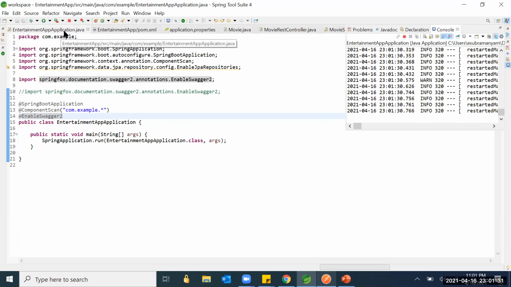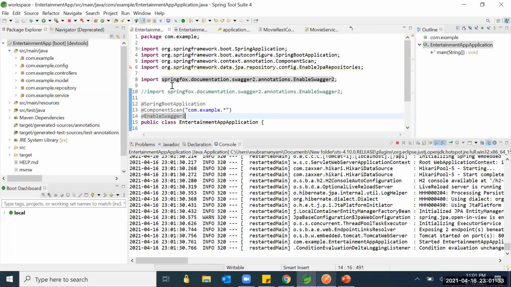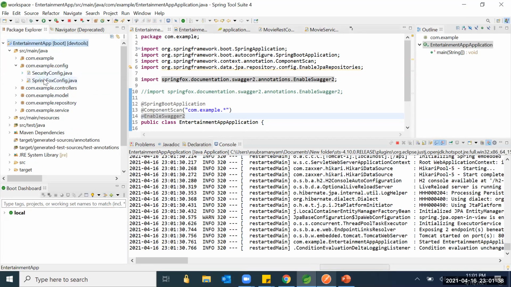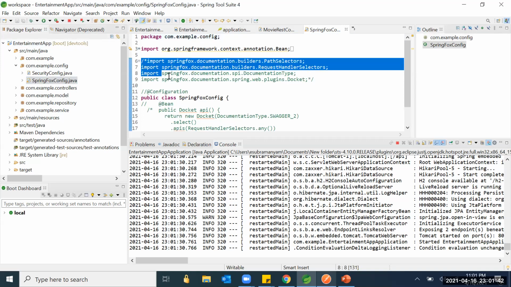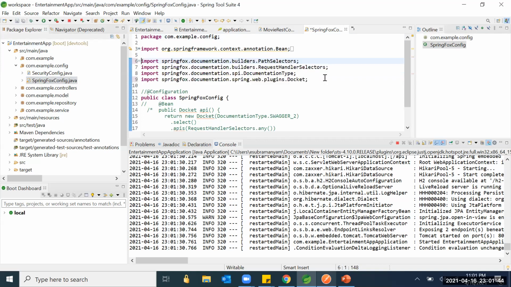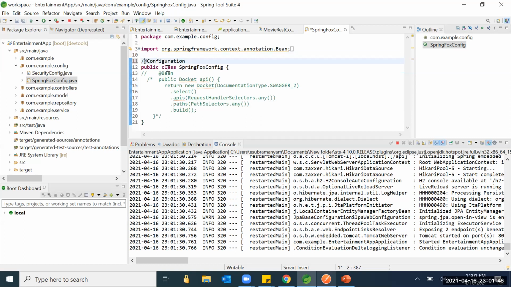Then apart from this, we should create one more configurable bean actually. So I can show you the bean. Springfox config. Here we should configure a bean actually. It is the Docket bean.